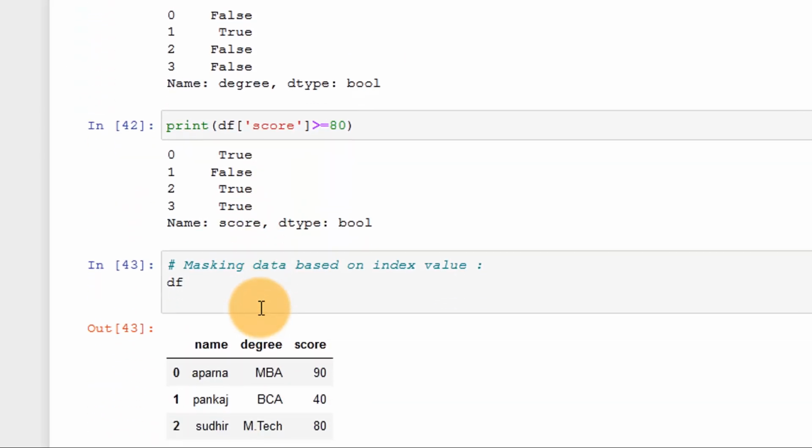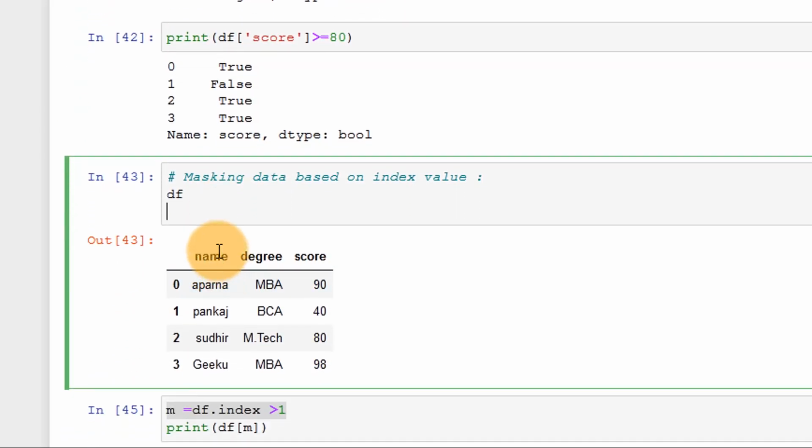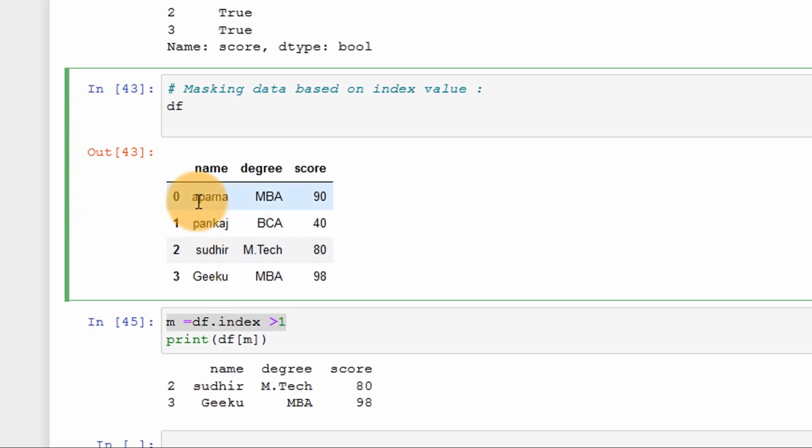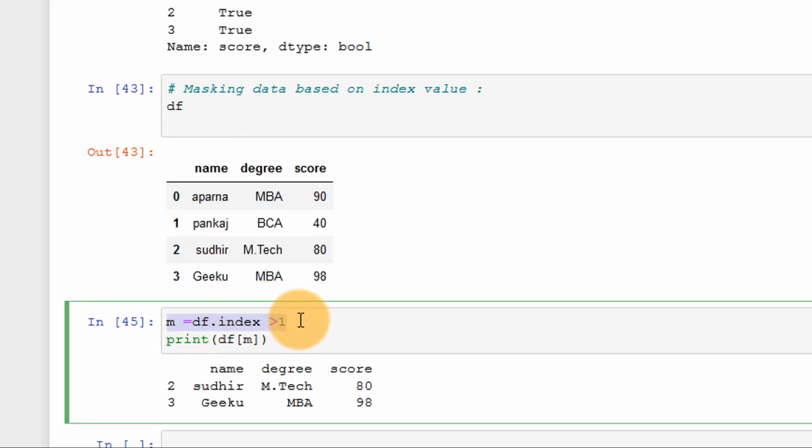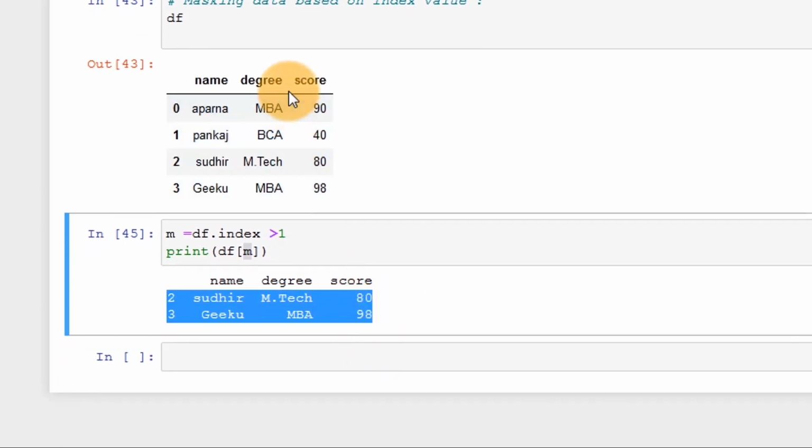Okay, now the last one is we can create a Boolean mask for the rows. Now what we did is we used the index value and an operator to get the values. Okay, so this is the Boolean value which says which indexes are greater than 1, so we are getting 2 and 3, and we are getting a mask of it, and then we supply this mask to our bracket operator, and then we will be getting all the rows which fall under the category. Okay, so these are the 4 ways how we can specify a Boolean mask and perform Boolean indexing in Python pandas.